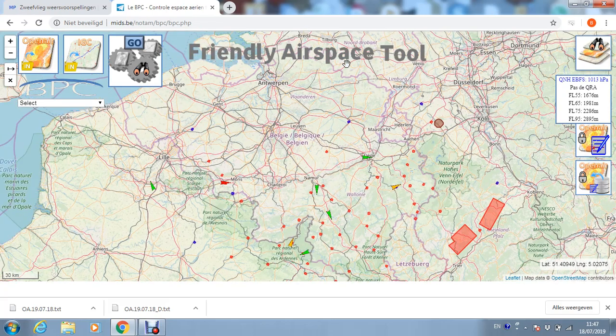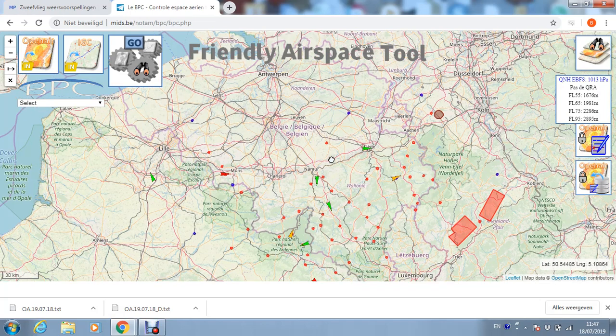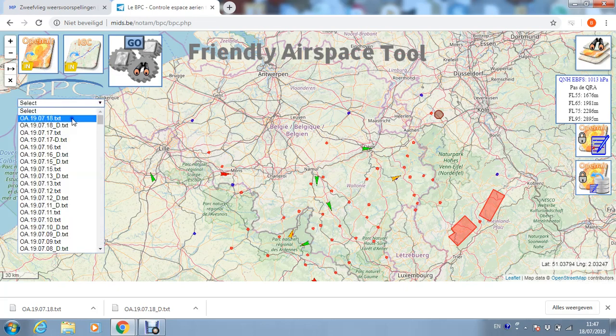I see a map of Belgium over here, but there are not too many zones inside. Must be something wrong. What can I do to have the actual airspace of today? Well, I could select an open airspace file from my computer, or I could choose the ones that they have already checked. For tomorrow, the 19th, none is available yet, but let's pretend that we're the 18th of July 2019 today, and you can see that I have the option to choose